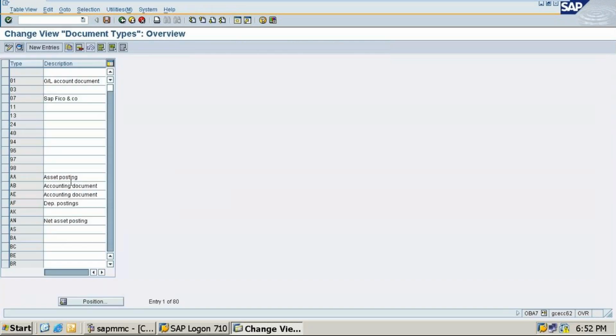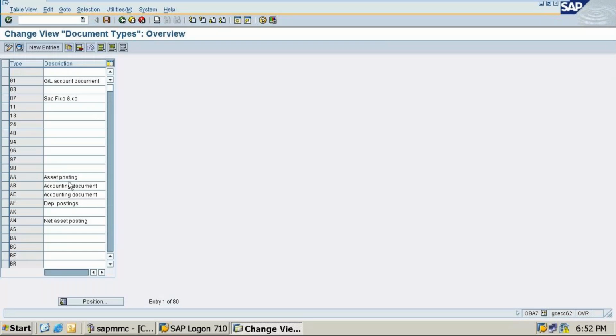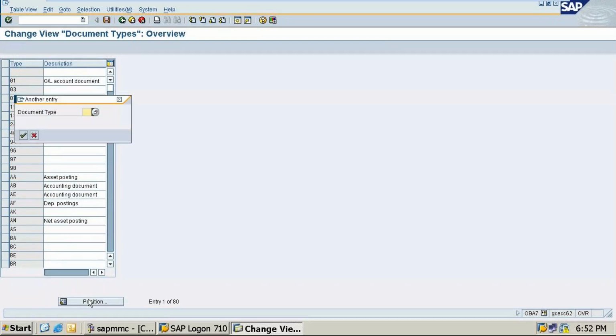Here we have to click, and we need to do new entries. Before starting new entries, we need to define document types for cash journal documents. So click on this. We have to take the position as AB, our document AB.